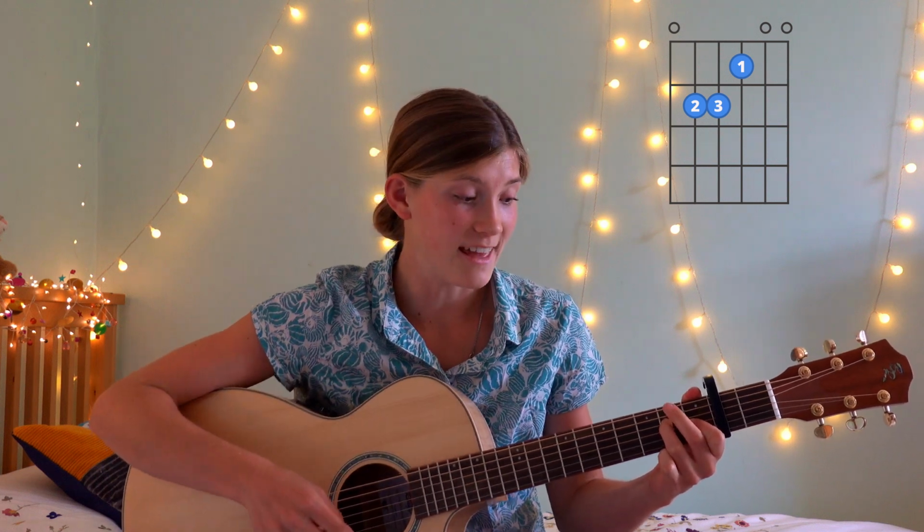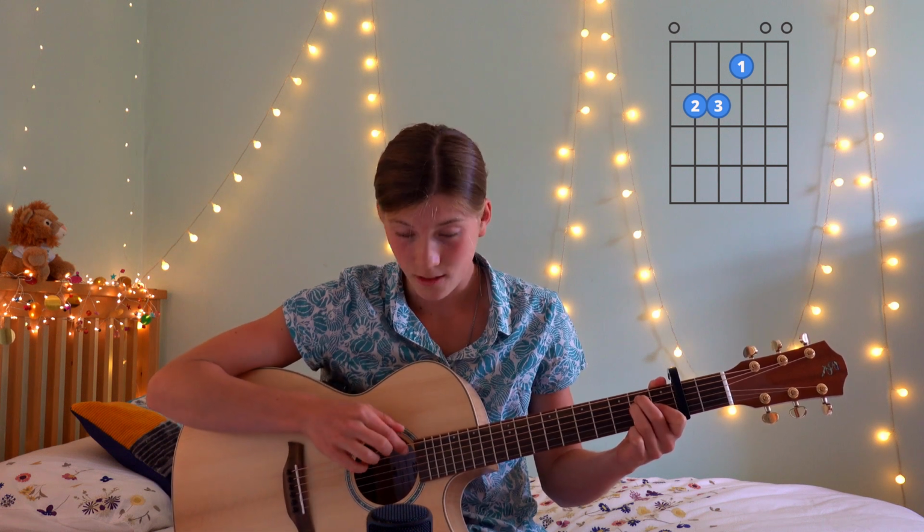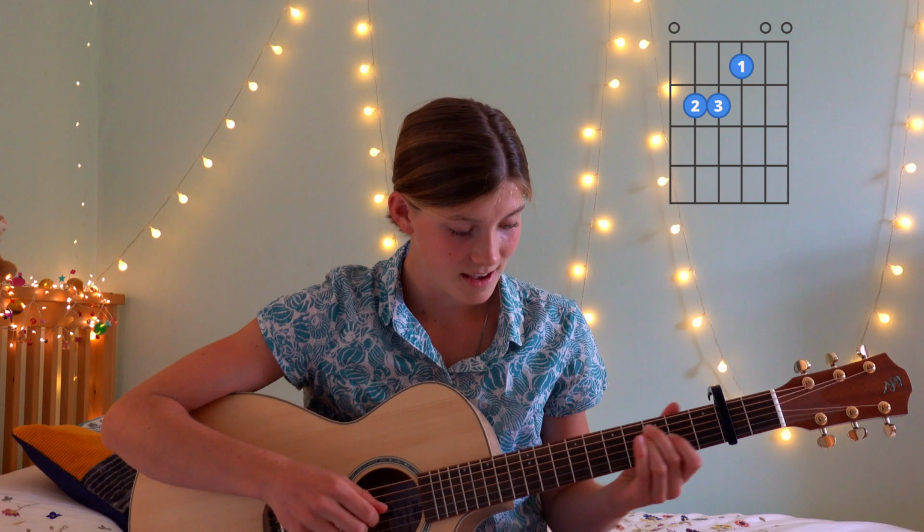So that's the fourth string, second fret, and then you'd have your middle finger on the fifth string, this one, on the second fret again. So that's the E major chord shape. And then what you can do to have a nice little strumming chord pattern that you can use to practice is bring this up